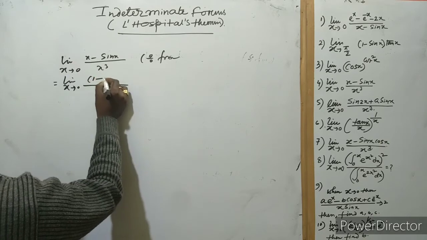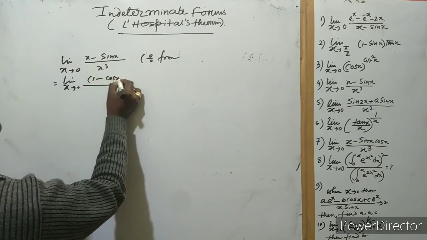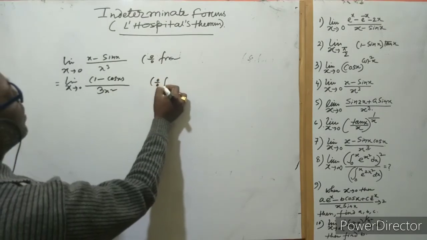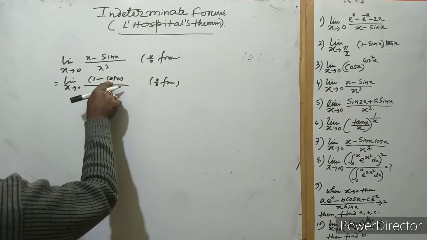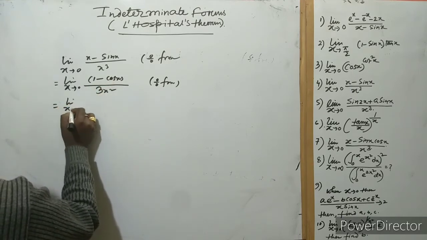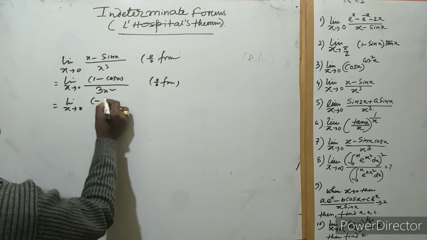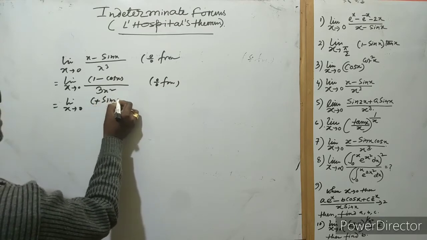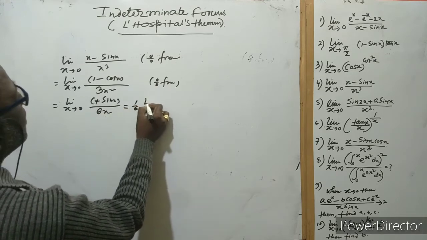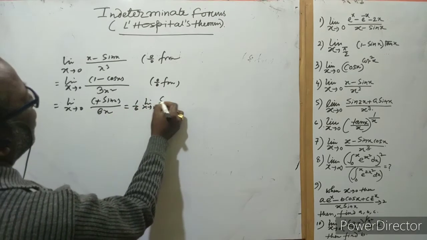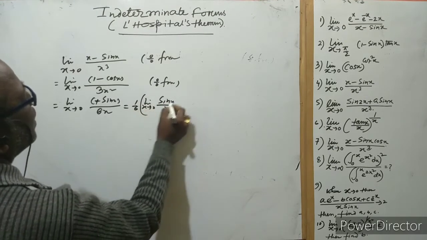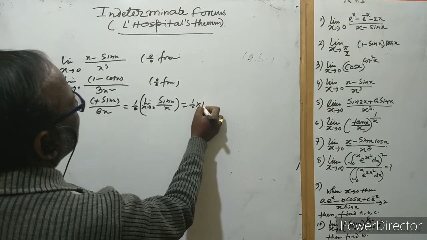Okay, and this is your cos x, this is 3x square. Again this is a 0 by 0 form. So see, put there 0, 1 minus 1 is 0, and this is 0, this is 0. So again we differentiate, this is plus sin x, and this is 6x. Like the standard form, sin x by x is equal to 1, and we can write here 1 by 6 into 1,